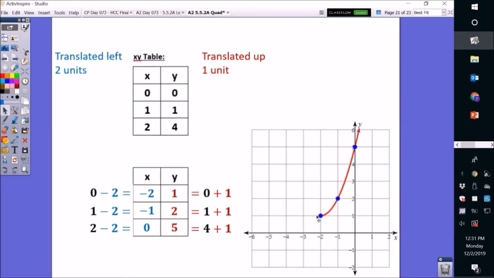So here's my vertex, -2, 1. Here's my second point, -1, 2. And then here's my third point, 0, 5. So once you start from the vertex and then connect to the 2 points, you have finished graphing the right side. Now, I'm going to apply the same process as what we did in the previous example, apply the axis